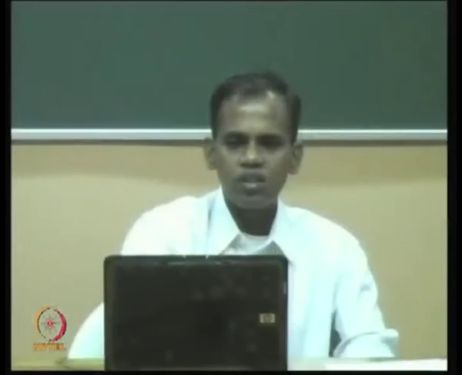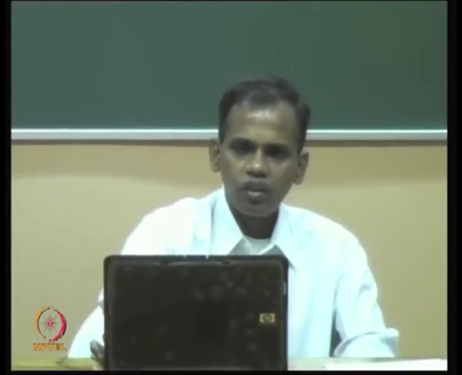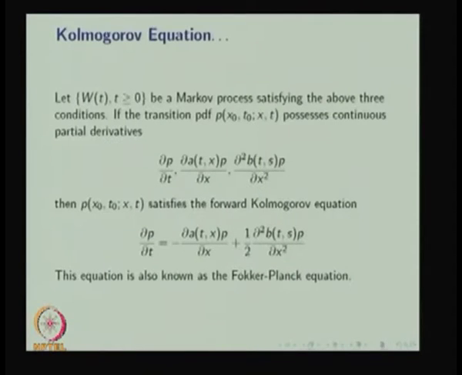And this equation is possible because Wt is a Markov process. Also, it is a Gaussian process. Therefore, we arrive at the transition probability density function P satisfying the PDE, and this PDE is called the Fokker-Planck equation.